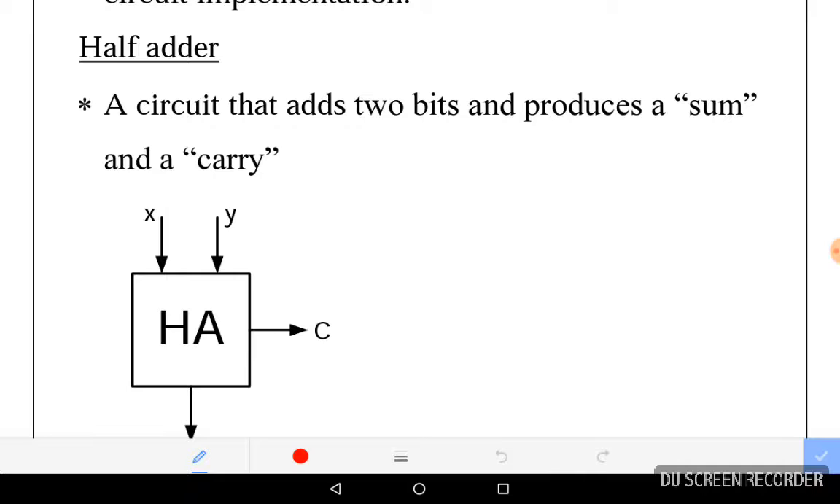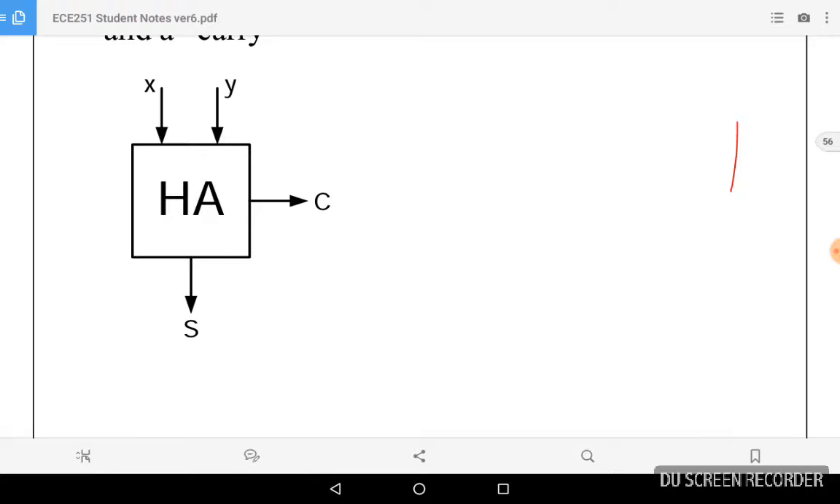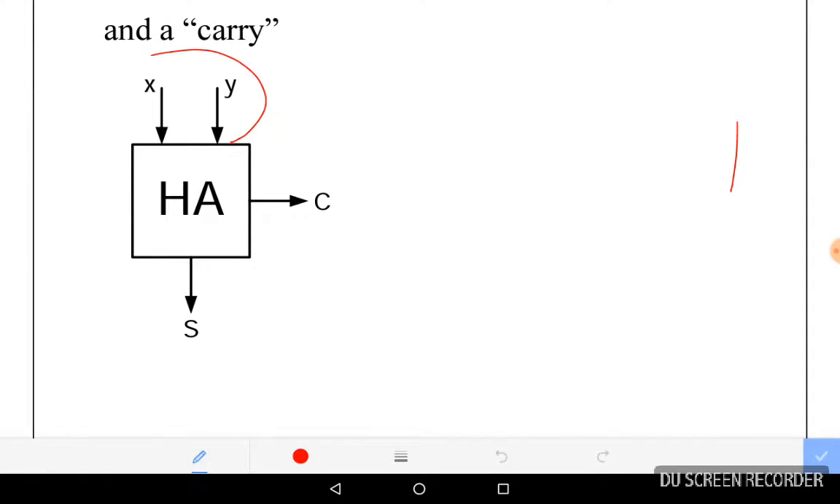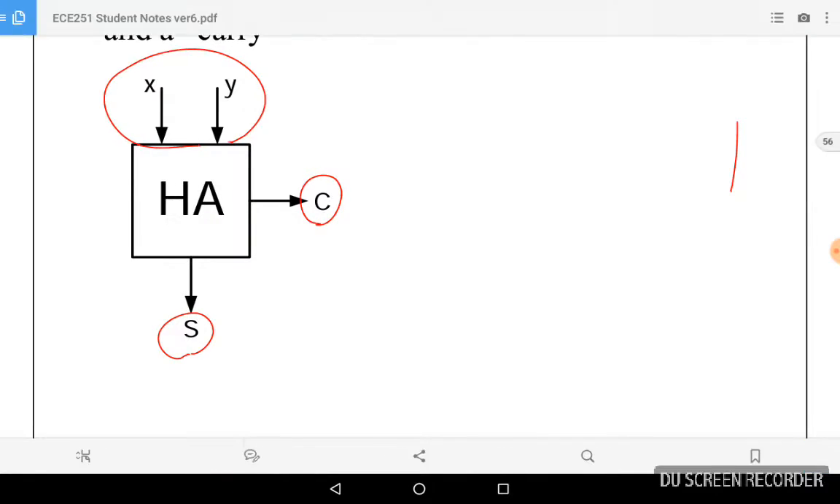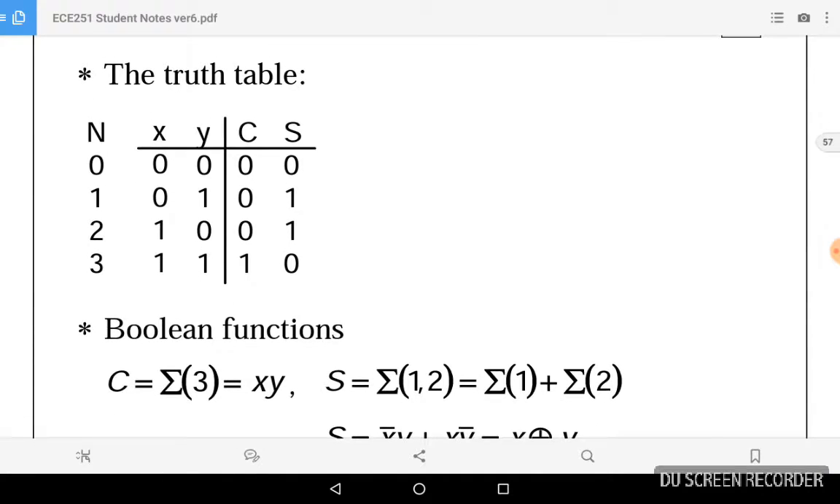Want to talk about the half adder, and this is very cool because now we're using some gates to create a little machine that can do some adding for us. What we're going to have here is X and Y coming into the machine, and it's going to spit out a carry or a sum. What that would look like in a truth table is